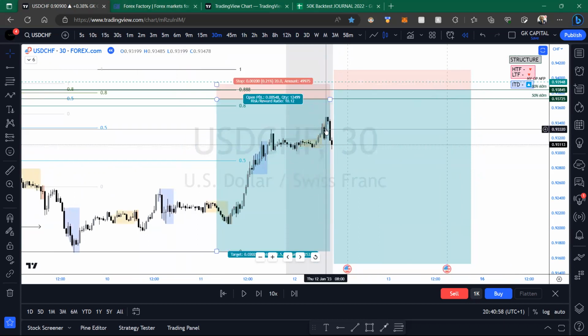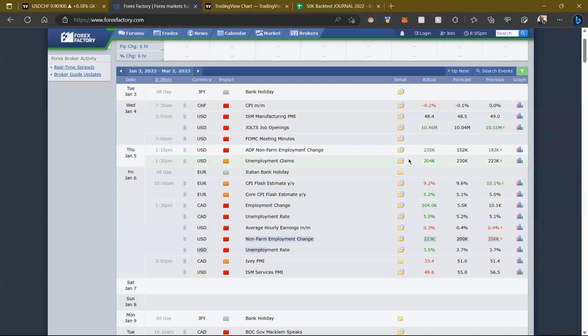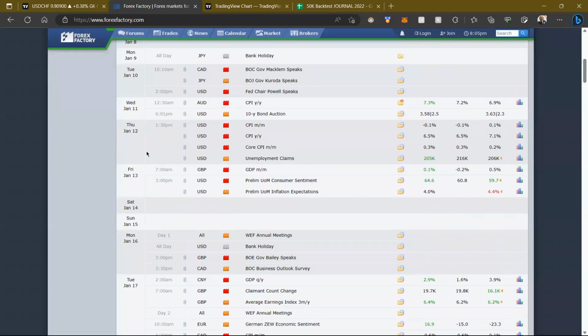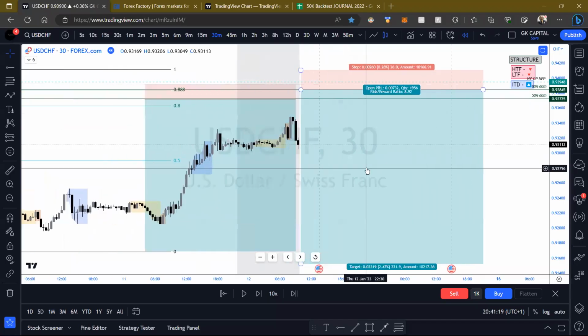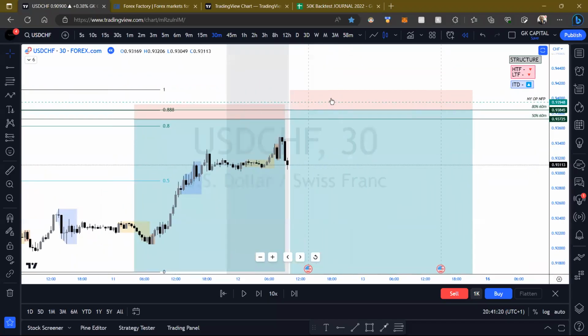Let's also have a look in terms of the fundamentals. So this is 12th of January, 1:30. We do have some USD news coming up. So in real life, I would be waiting for that. I guess anything like 1:40 onwards, that's where maybe I'll be looking for my entries. Because as I said, we could very well get some sort of manipulation with the 1:30 news coming up right here. So I'll be waiting for that.